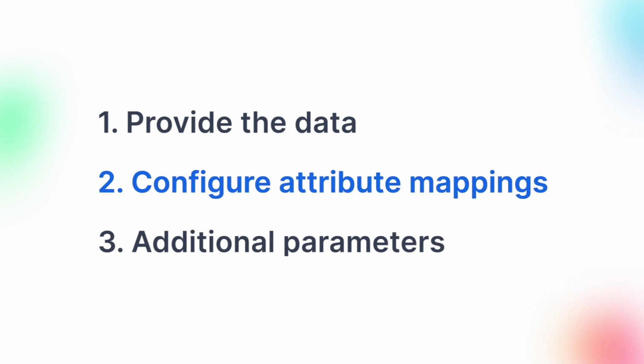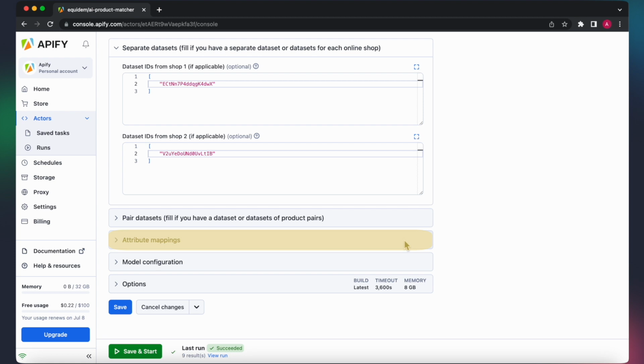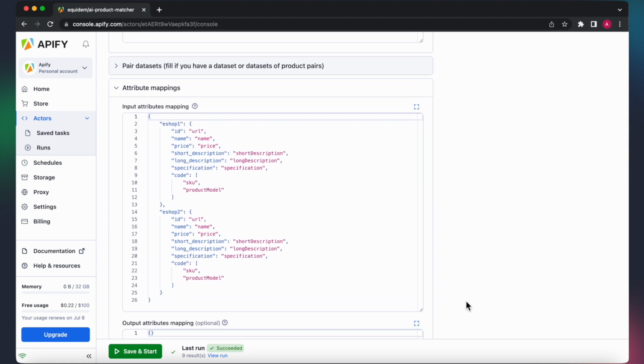The second part is a little more complicated. You need to fill out the attribute mapping section. In this input, you need to specify which fields in your datasets contain the information the matcher is trained to work with. Name of the product, its price, description, code, specifications. You can do this by